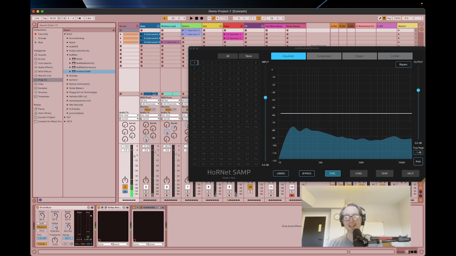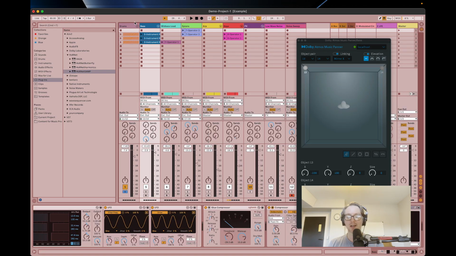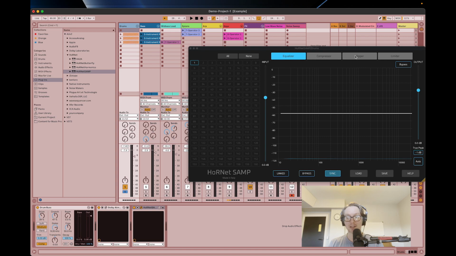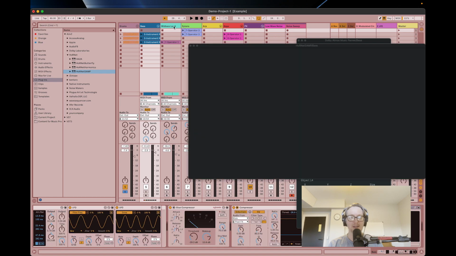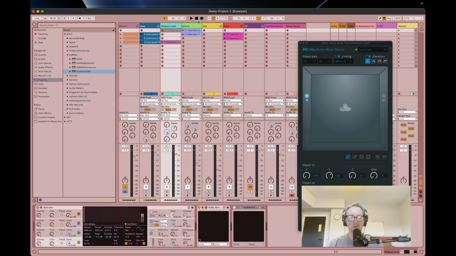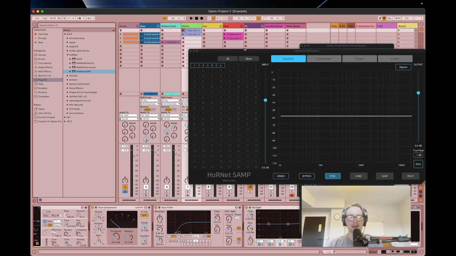And what this is, it's a bus mastering plugin, so like an equalizer, a compressor, a clipper, and a limiter, that allows you to put it on individual channels, and it will bring the audio signals of all of those channels into the plugin, and then use that as the signal for the compressor and compress all of those channels at the same time. So if we add it to the bass and the mid bass lead and the E-piano,